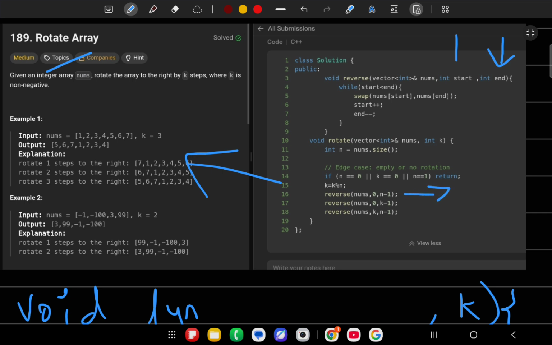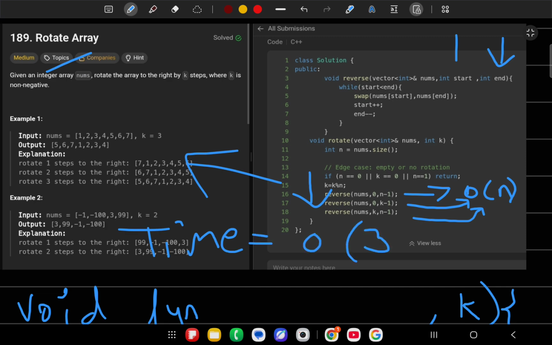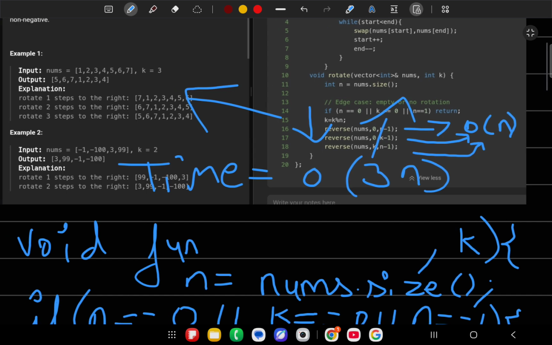Each reverse runs in a linear fashion, just one time, not calling again and again. So the time should be order of 3n, and the constant is negligible, so time should be order of n.